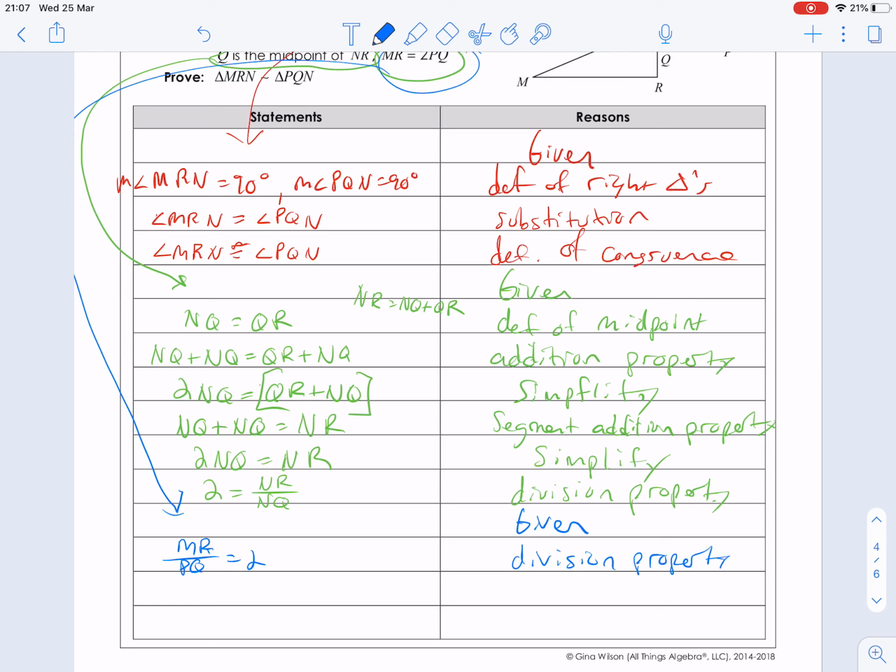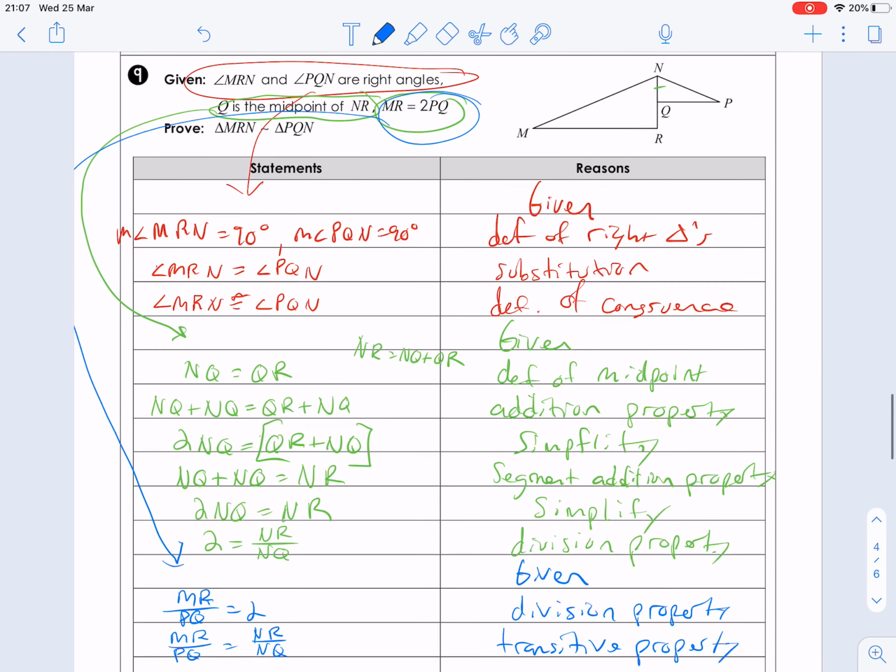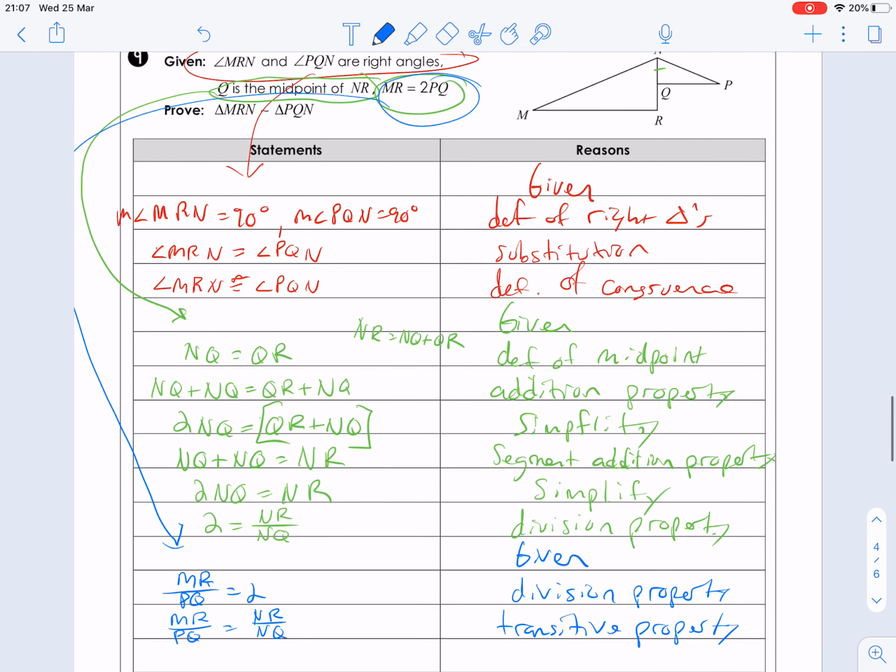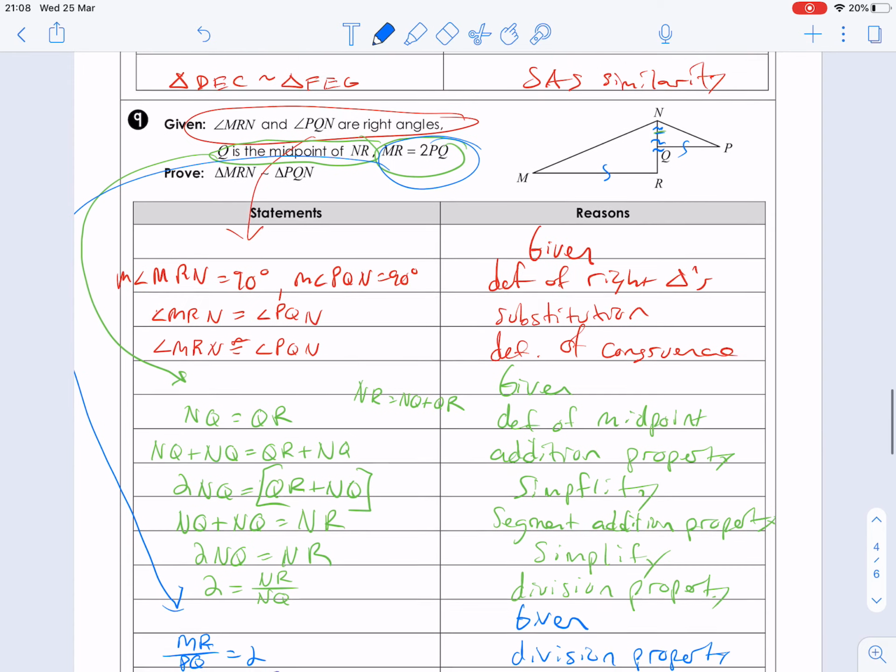And then we can say MR over PQ equals NR over NQ based on transitive property or substitution. You can put either. And since we have MR goes with PQ and NR goes with NQ,